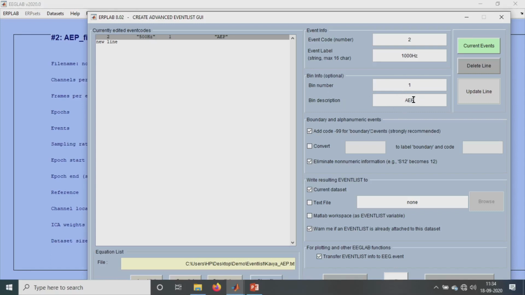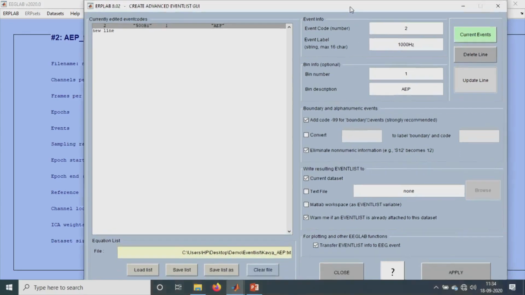Based on this bin number only, we will be able to do the bin operations, or visualize whatever waveforms or ERPs we require, based on these bin numbers and the inputs we give over here. So we just write accordingly.